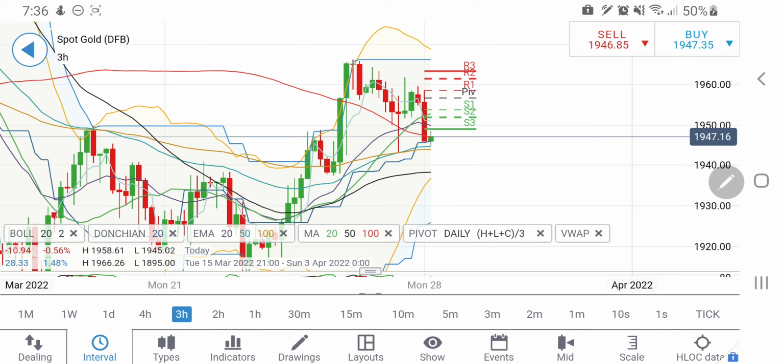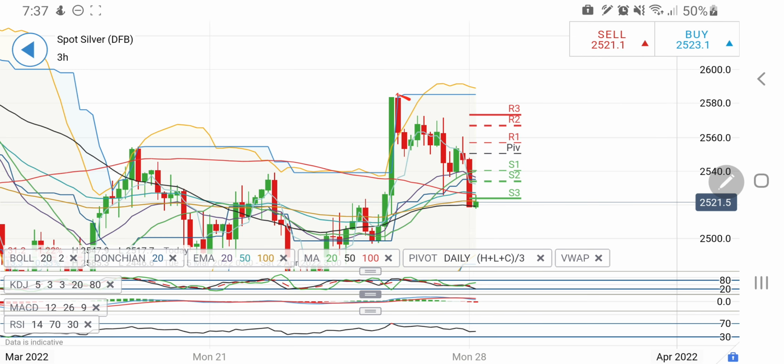However, going beyond, overall for the week I am bullish on gold, and we can expect it to rise. However, it has to sustain above 1965 levels for any confirmation for a positional long throughout this week. So trade accordingly. Now let's have a look at silver. Similarly for silver, if you look, this is a 3-hour chart.